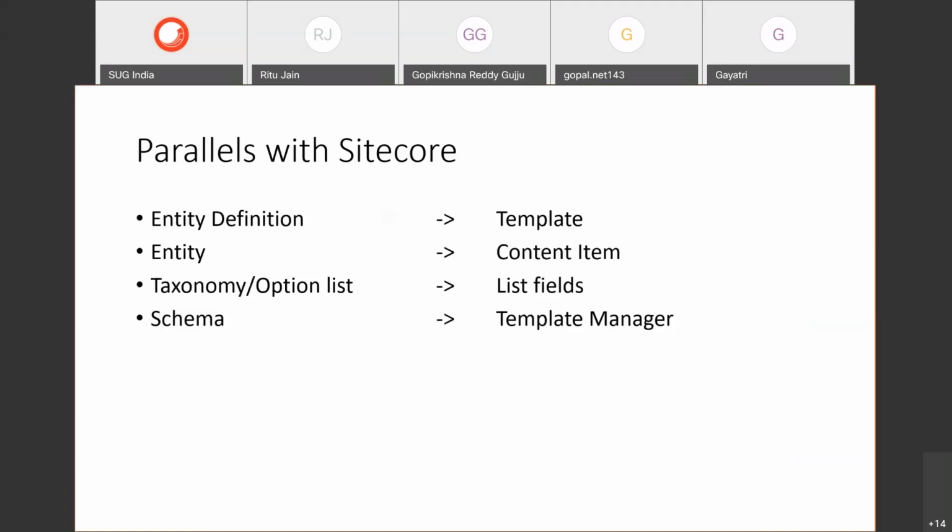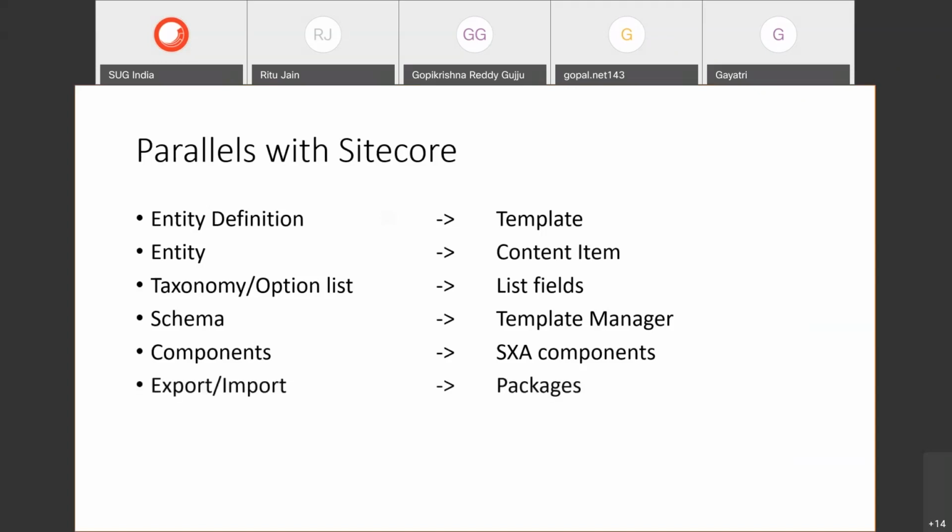And schema is where we manage all these entity definitions. So that's kind of a template manager for us in the Sitecore world. And next is components. We can build the pages in Sitecore Content Hub using pre-built components. It's similar to SXA components in the Sitecore world. You have pre-built components in SXA, you just drag and drop and configure a few things. Similarly, components can be added in Content Hub, not drag and drop, but just adding a component and configuring a few settings, then the component would be up and running.